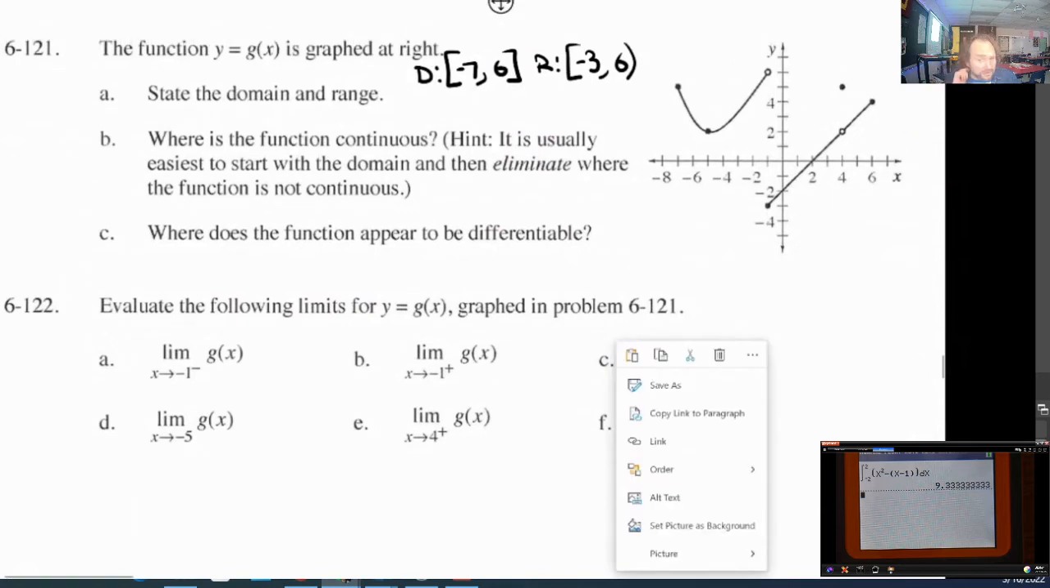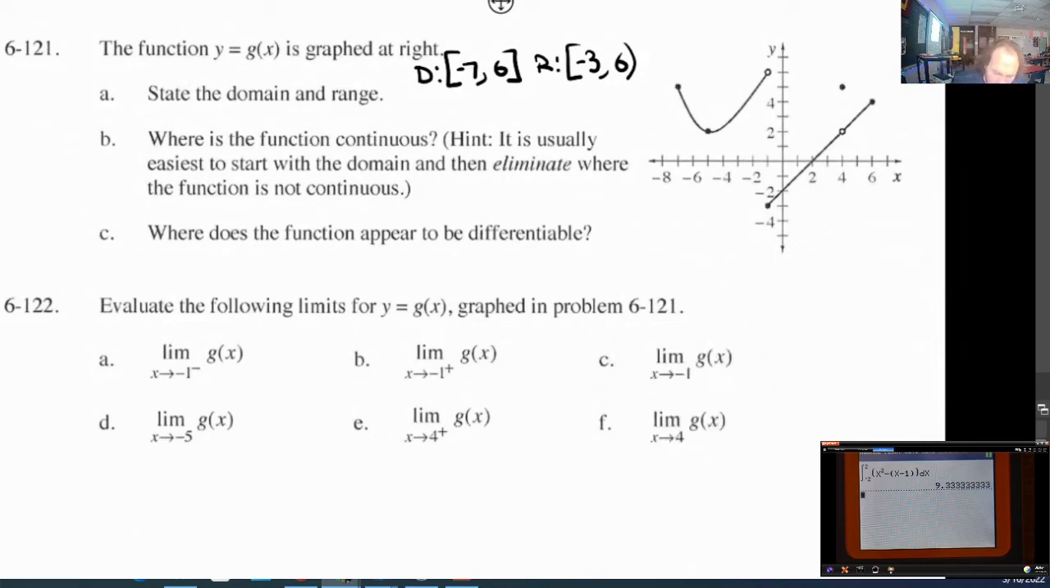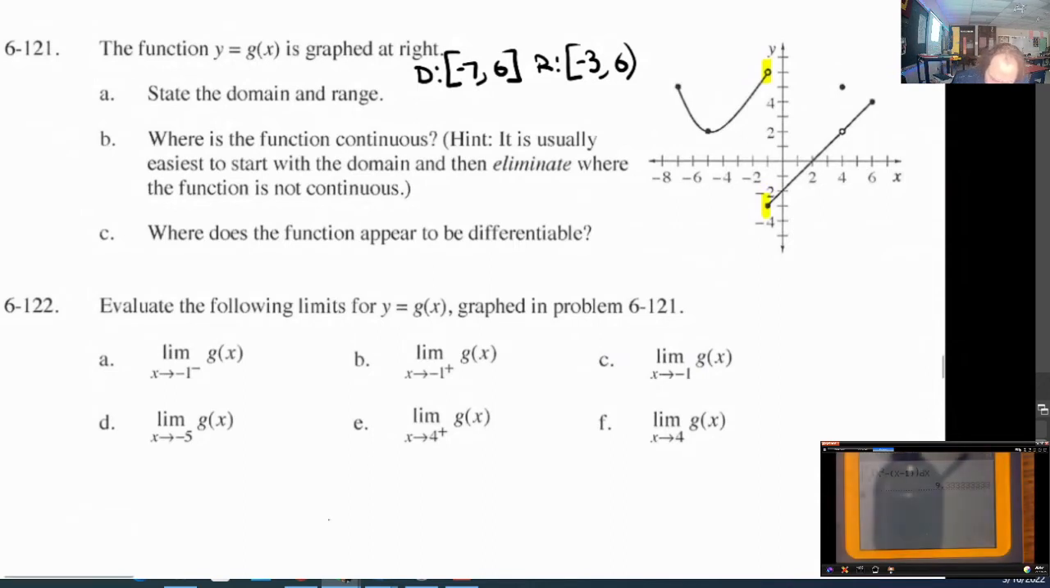So where is the function continuous? Let's see. It's easy to start with the domain and then eliminate where it's not continuous. I like the answer of where it's not continuous, but we'll answer the actual question. It's not continuous at only 2 points. -1, which happens right there, is a jump discontinuity, and then at 4 there is a removable discontinuity. So it's continuous from -7 to -1,